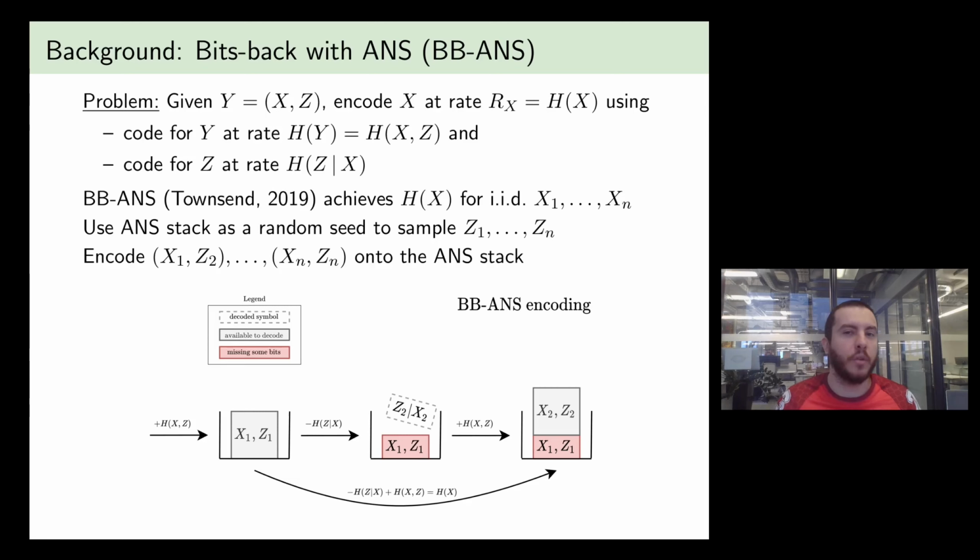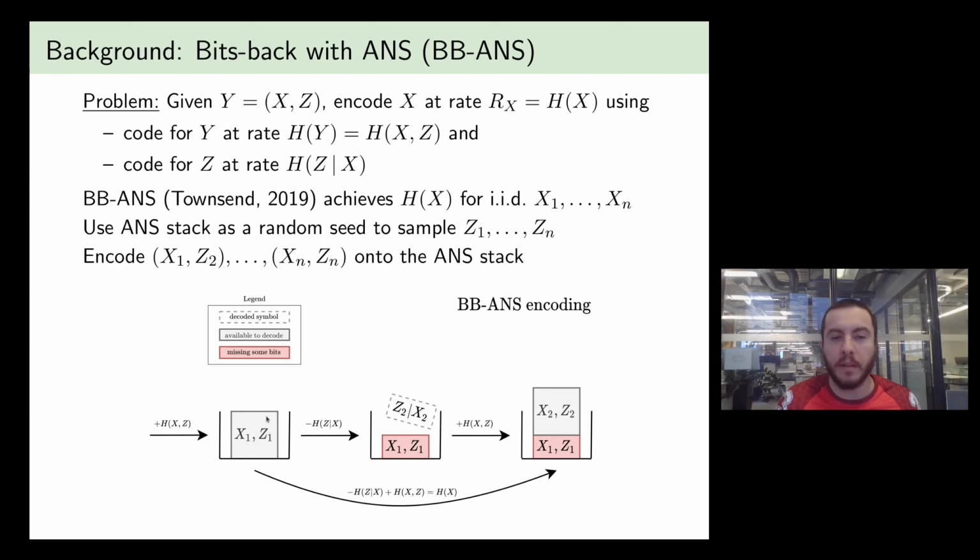It doesn't matter. You can use maximum likelihood, you can sample a random Z, you can pick the first one in the alphabet. After you've picked Z1, you encode it onto the stack together with X1 using the code for Y. Now, after you've done this, you're left with some bits on the stack, and you're going to do a decode step.